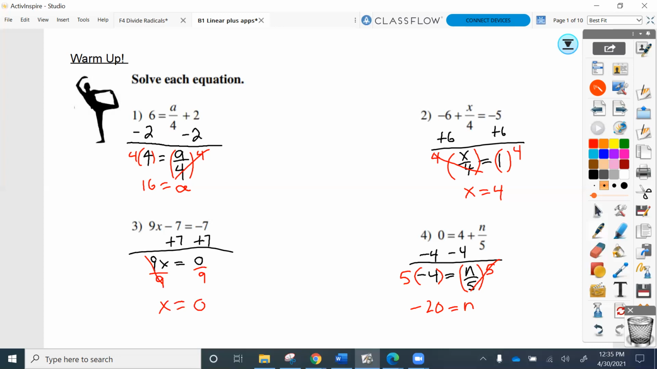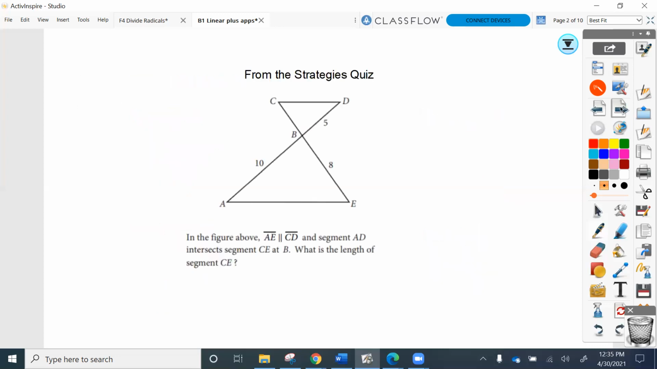All right, we're going to jump right into some more interesting problems here. Oh, actually, first I wanted to go over this question from the strategies quiz. So they're telling you that AE is parallel to CD. So if these are parallel, then, and they also say that AD intersects CE